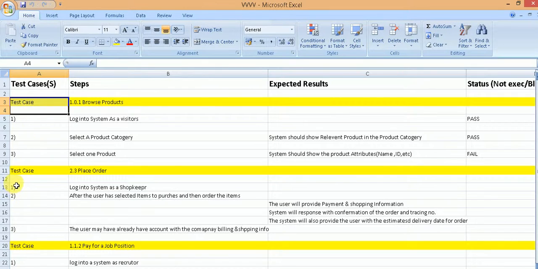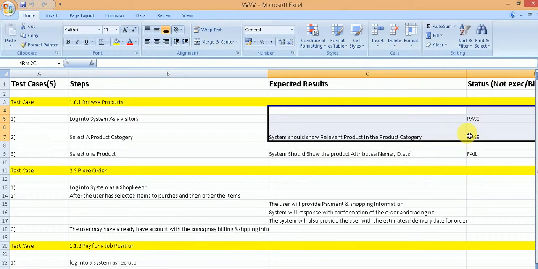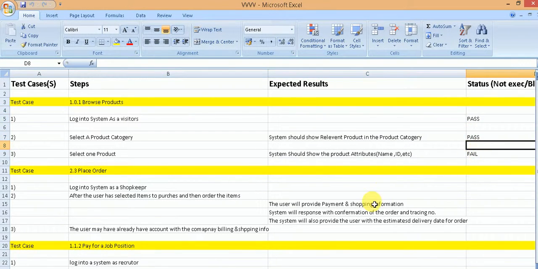If the test case has been executed on the current build of the system, then executed will say yes or true, whatever, and if it is not executed, it may be blank or no. Then there can be another place in your test case to indicate, if executed, one of 3 possibilities. The first one is that the test case is blocked. Now blocking a test case means that you are unable to execute one of the steps of the test case.